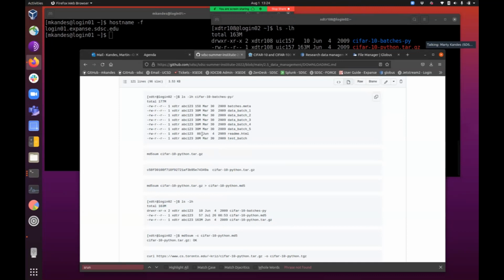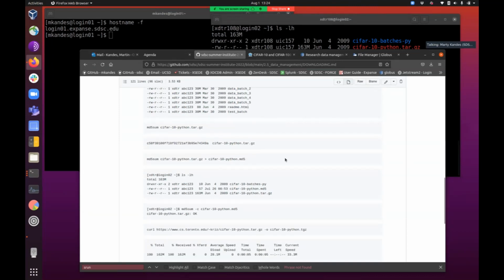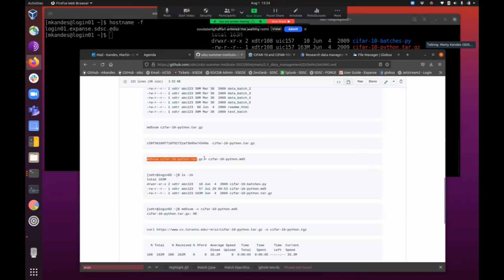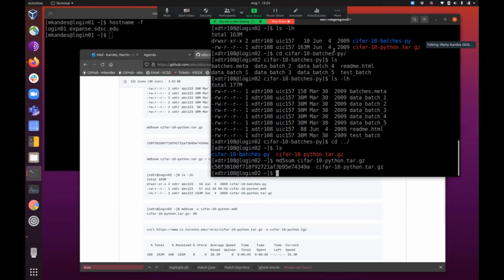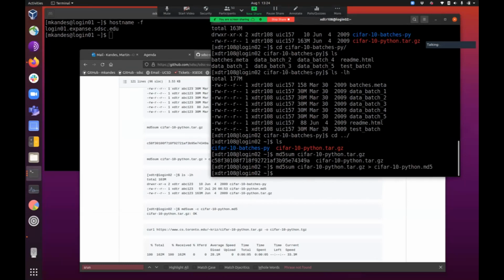Yeah, sometimes there's also, if I click on this one, what I'm going to do here is run the md5sum tool again. But this time I'm going to put the output to a file in this command here. If you copy this command that redirects the output of the tool to the file, you'll generate